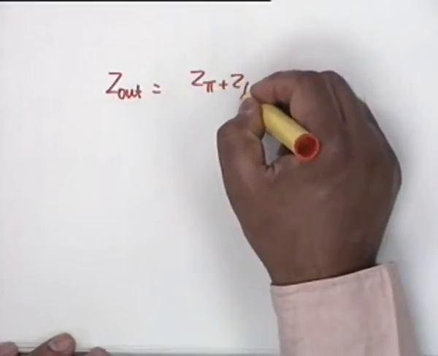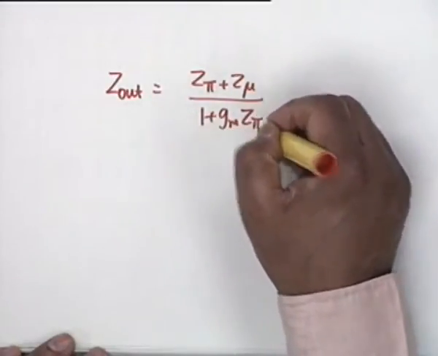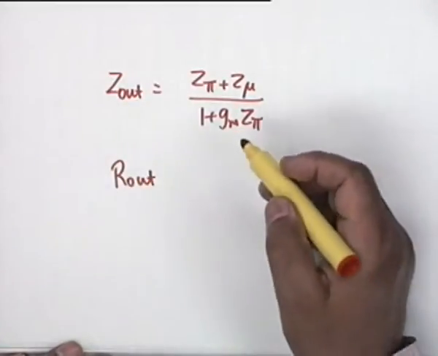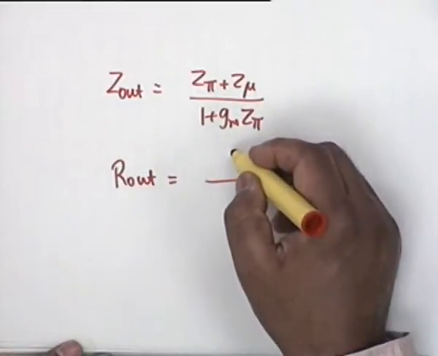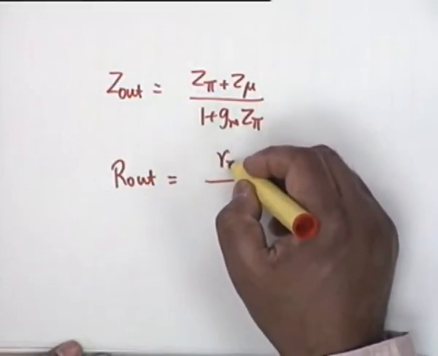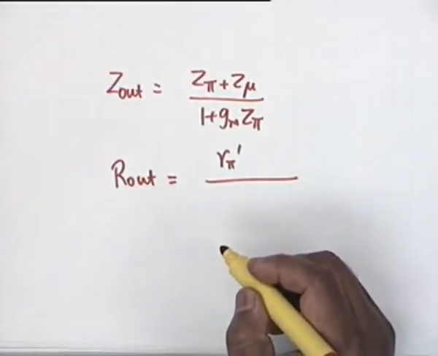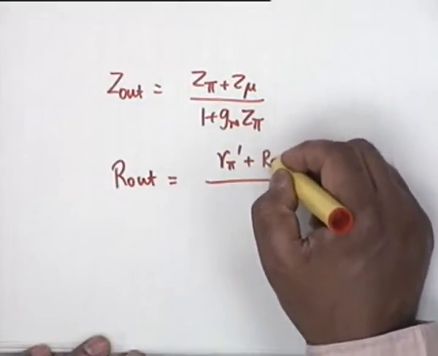Z out is the impedance seen by RL, and calculating the current, and this was found out to be Z pi plus Z mu divided by 1 plus Gm Z pi, and the midband value R out, which is equal to Z pi would be simply what? R pi prime. Z pi is the parallel combination of R pi, Rs and C pi, plus midband value is